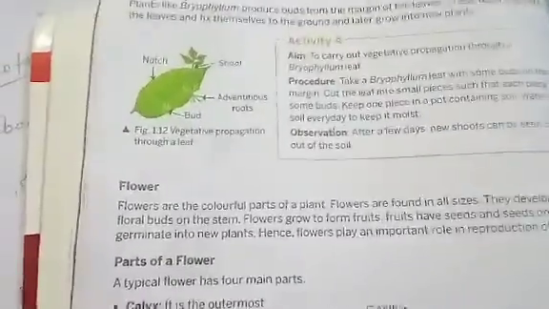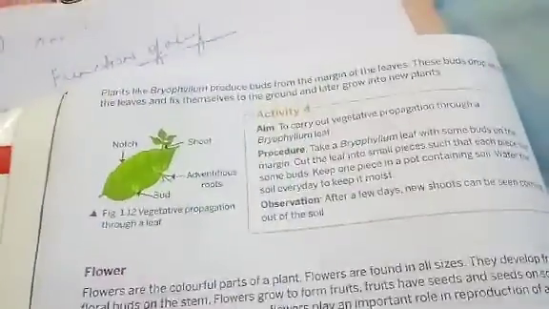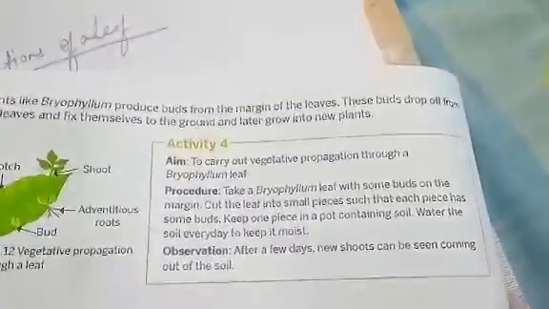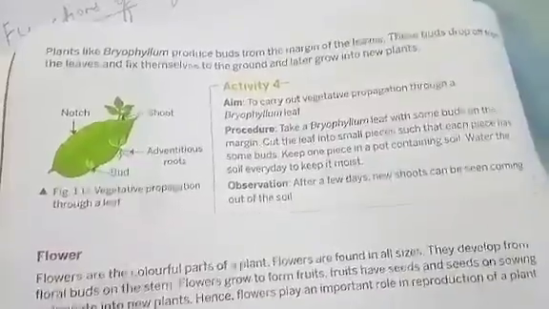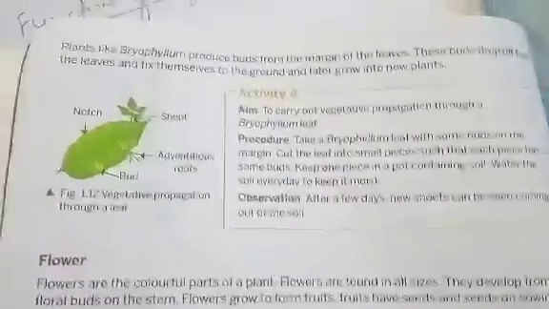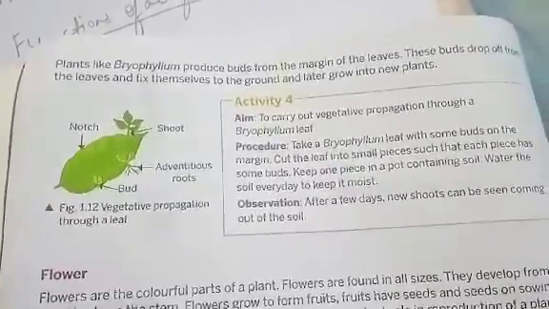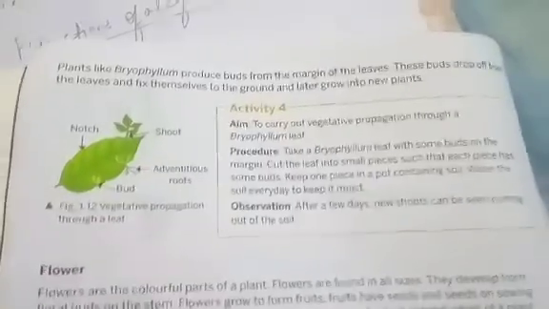You know, rose plant, you might have seen your mother when she grows a new rose plant, she takes the stem cutting. From the already existing plant, the stem will be cut, and when that stem is grown in the soil or potted in the pot, then the new rose plant will grow. That is also a type of vegetative propagation, but that takes place by the help of the stem.